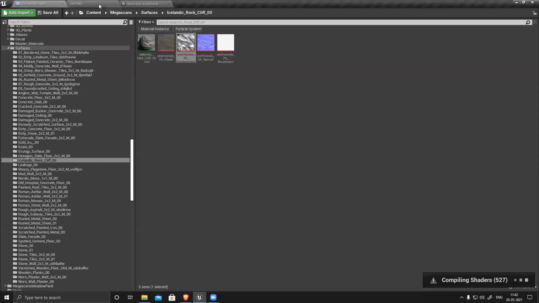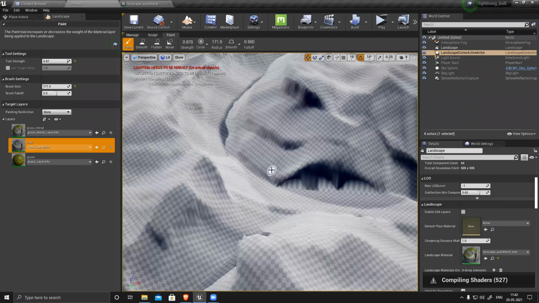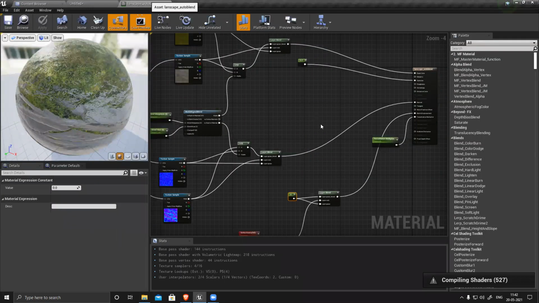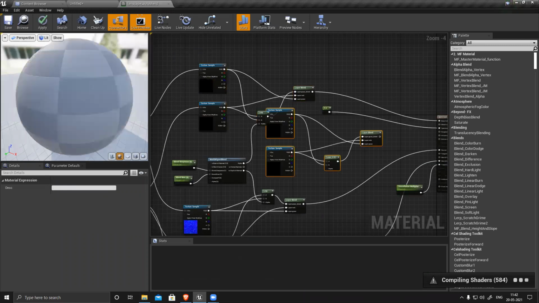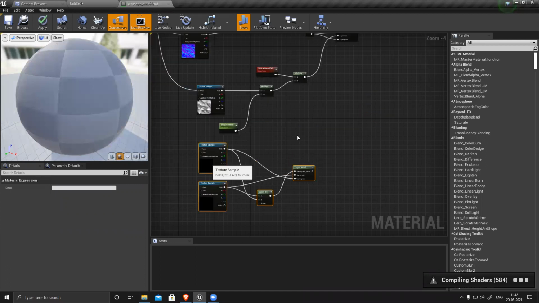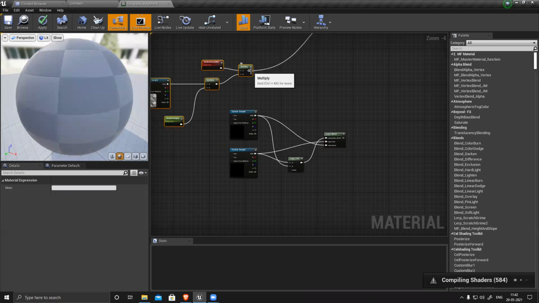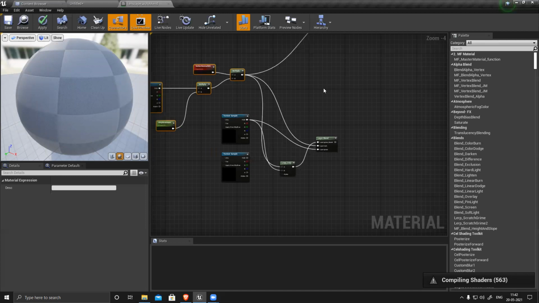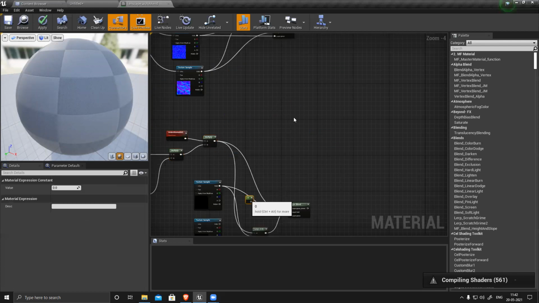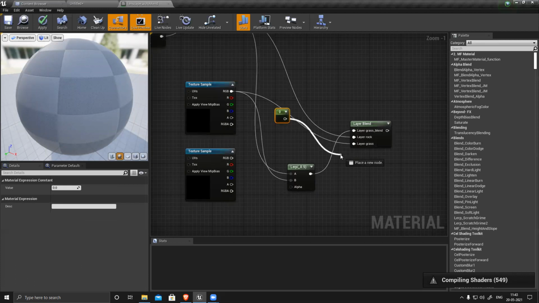What is wrong? Why is it not compiling? I'm just redoing it.